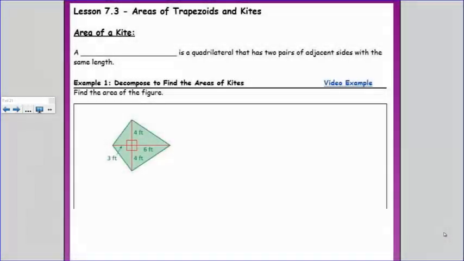Hello and welcome to lesson 7.3. We're going to take care of finding the area of our other four-sided shapes that we have not gone through in our first couple lessons, and that would be trapezoid and kite. A kite